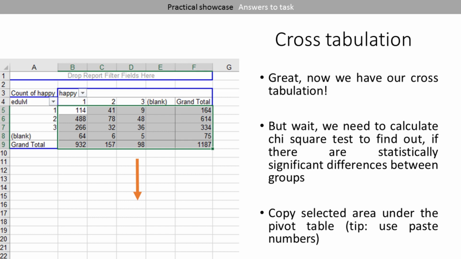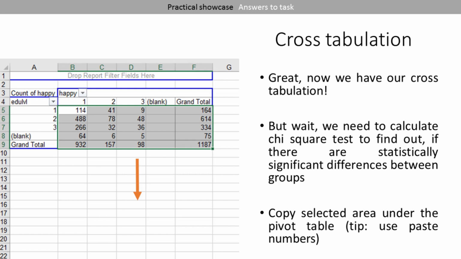So great, now we have the table here, which we can use. Note that the blank there just indicates the missing observations, sorry, and we can ignore that line. We are not interested in how many missings there are. We are interested in the actual information in the table. So ignore the blank line or just color the numbers white if you don't want to see them.